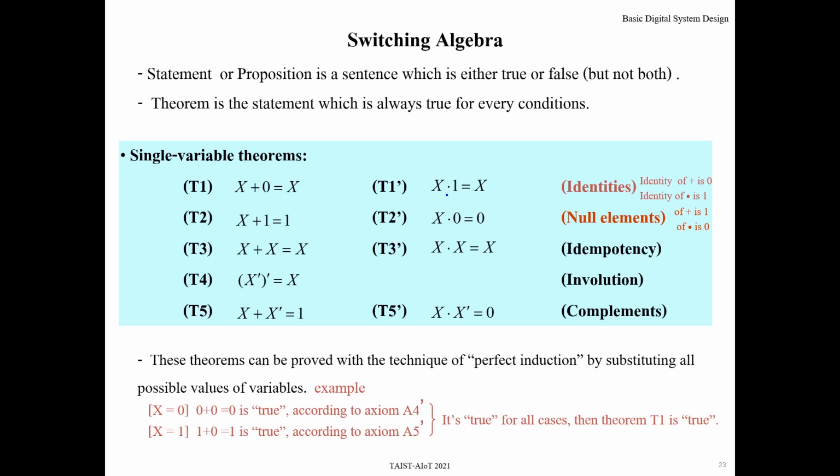And for this one, x and 1 is x. Okay, 1 plus any value is 1, 0 and any value is 0. The same value plus or add together will be the same value. Invert of invert,